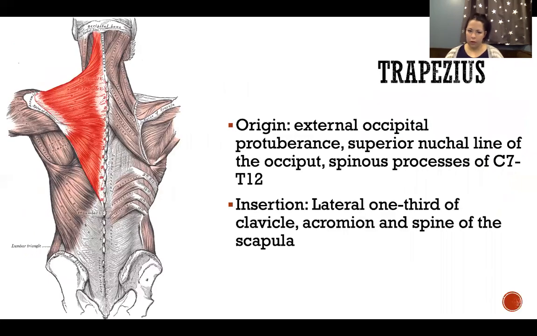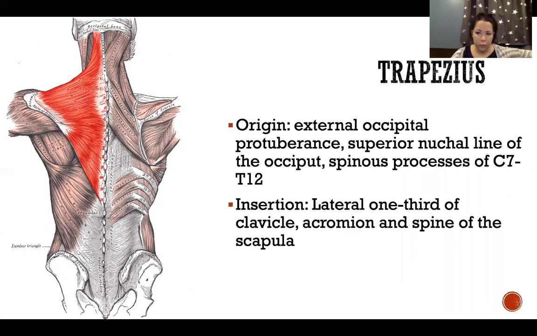So here's the origin and insertion of trapezius. Again, the origin includes the external occipital protuberance. That's that big bump in the middle of the back of your skull. The superior nuchal line is the ridge that projects laterally from the external occipital protuberance. And then the spinous processes all the way down the spine, or at least the lower cervical and thoracic spine. And then it inserts into the lateral third of the clavicle, the acromion, and the spine of the scapula,